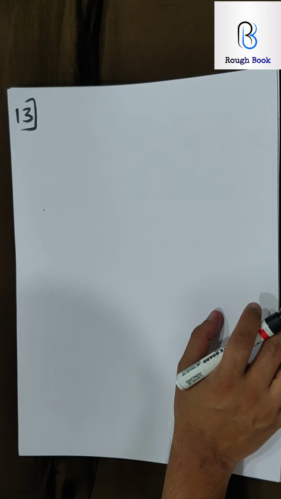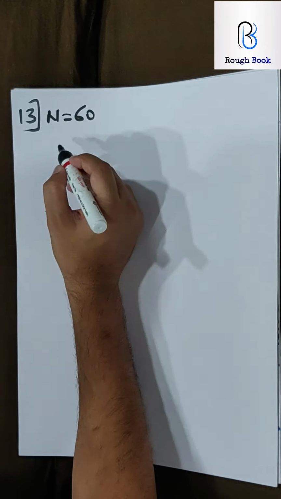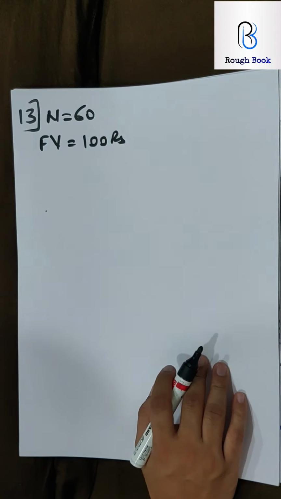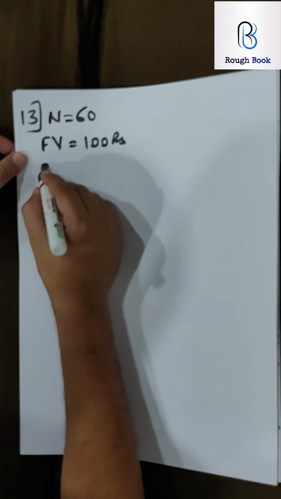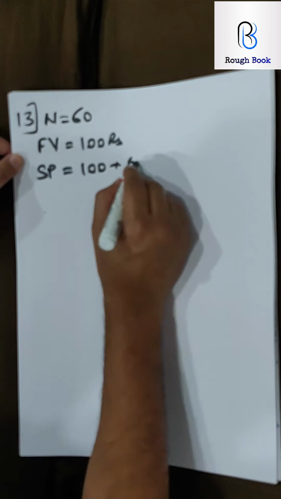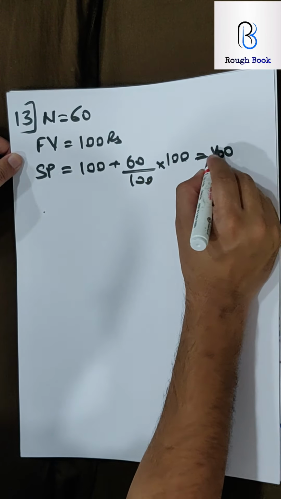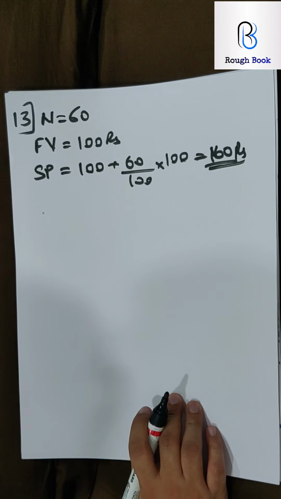Mr. Sharma has 60 shares of face value 100. So he already owns 60 shares of face value 100 rupees and sells them when they are at a premium of 60 rupees. So now no market value, selling price, because he is selling it. At what price? At a premium of 60 rupees. So basically he is selling the shares at rupees 160. Okay. Further, he invests the proceeds in shares of nominal value.